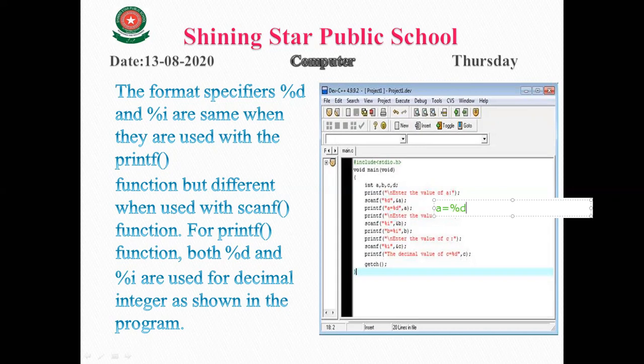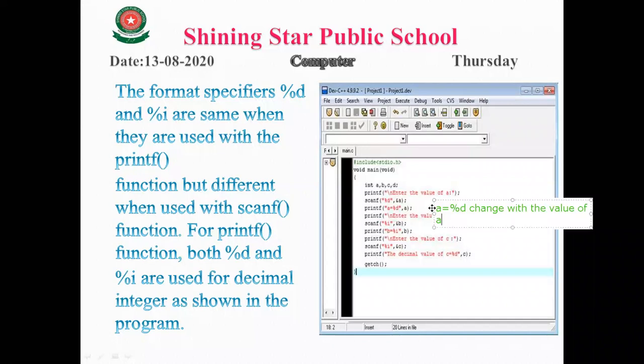Okay, when we write %d, %f, %c in inverted commas in printf, this %d is replaced with the value of the variable which is written next to the comma. So when we print a equals to %d, now %d changes with the value of a.